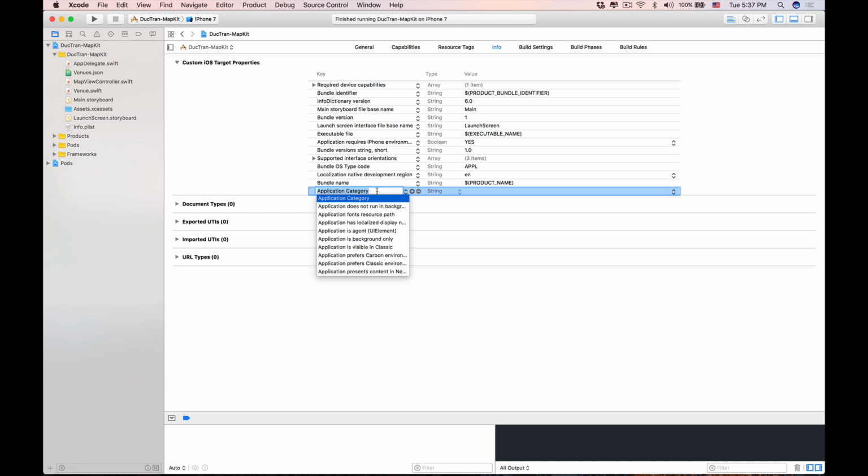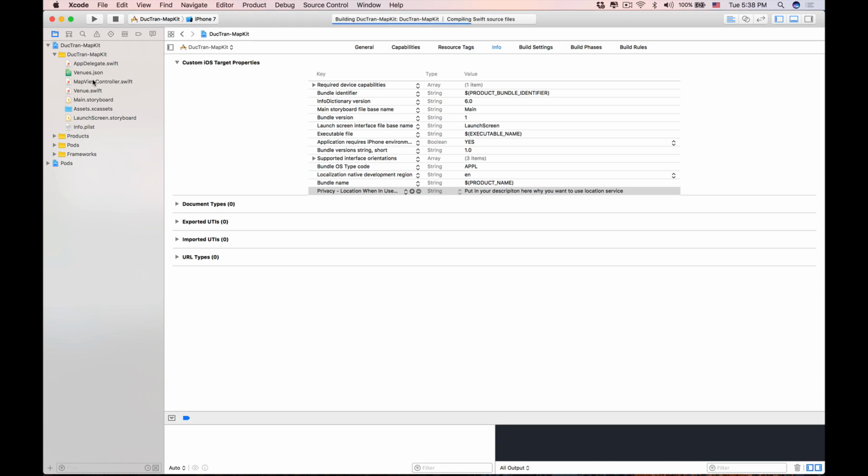So head over to your project setting and then the info, click the plus button like that, and then type in privacy, space, and then a dash, and then we use location when in use, and then it will suggest the usage description. Press enter, and then double click into the value, and then you can put in your description here for why you want to use location service. Okay, now if you run the app,